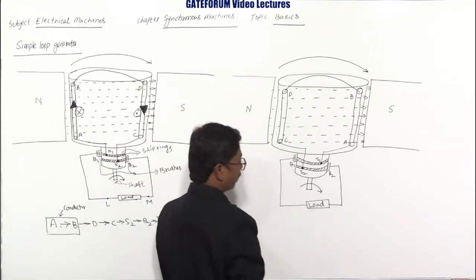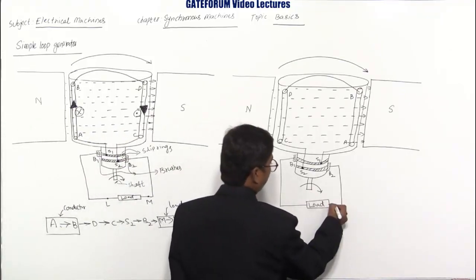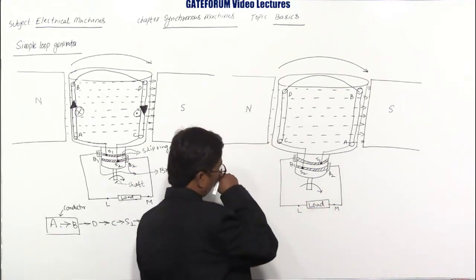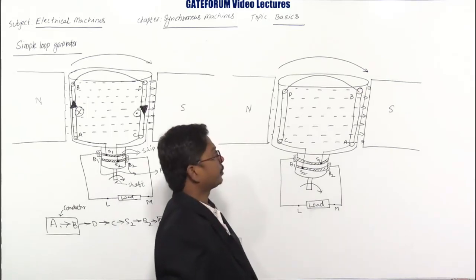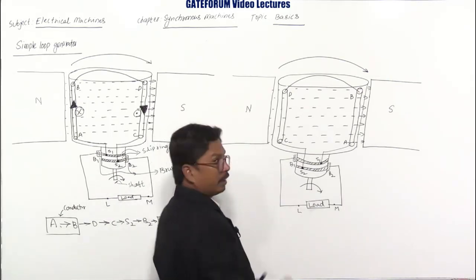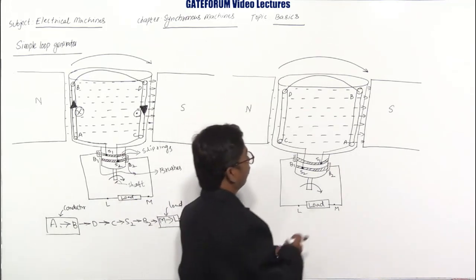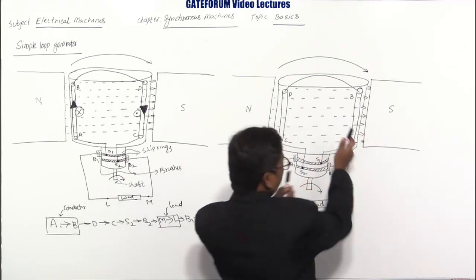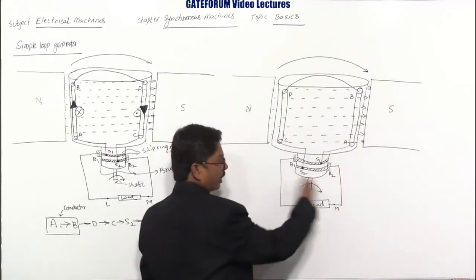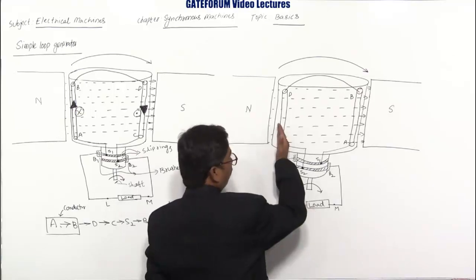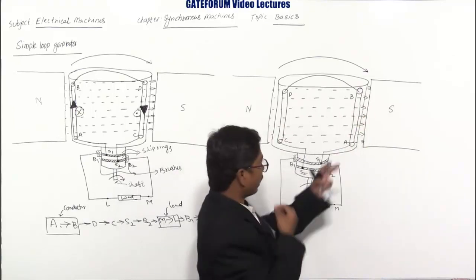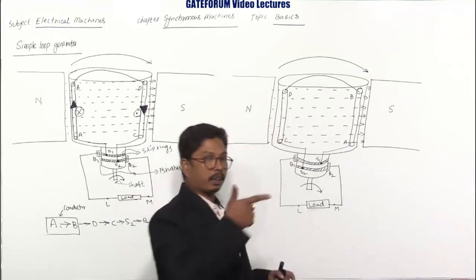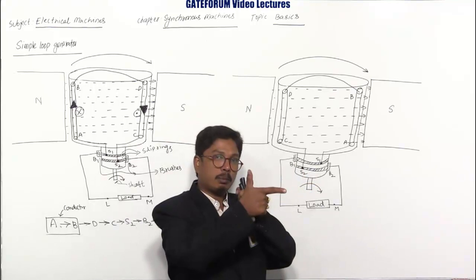According to Faraday's laws, whenever you are rotating this conductor, this is the point M and this is point L. In the next half, after half rotation, this conductor will move again upward and this conductor will move again downward. Why? Because we are rotating the conductor in the same direction continuously, so conductor CD will move in the upward direction and conductor AB will move in the downward direction.